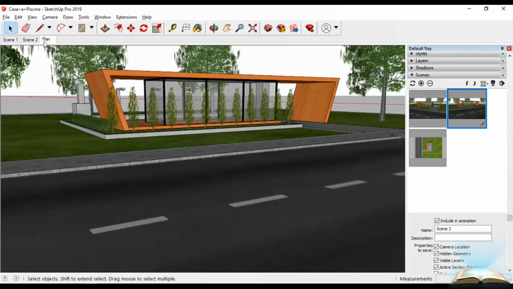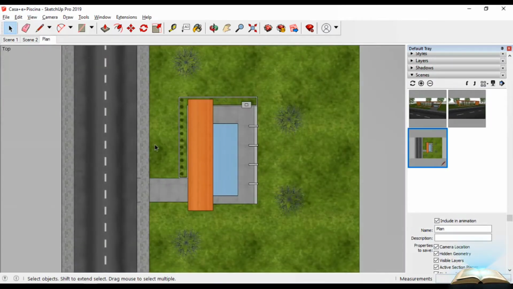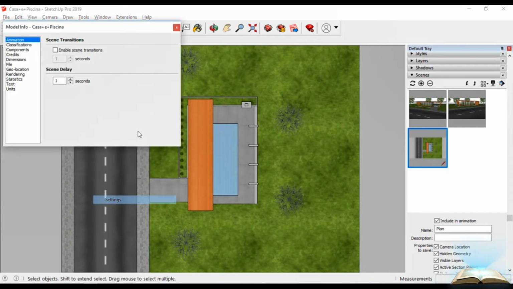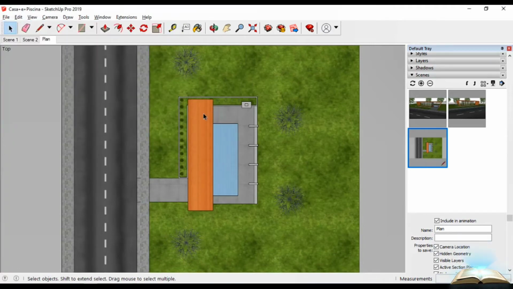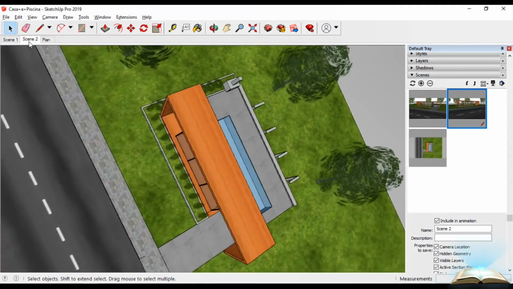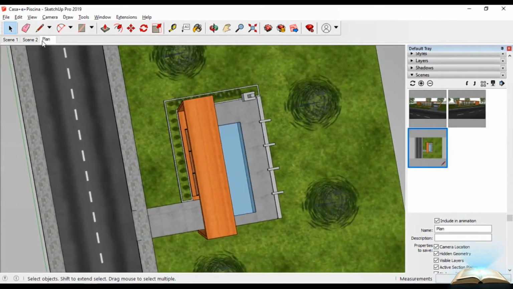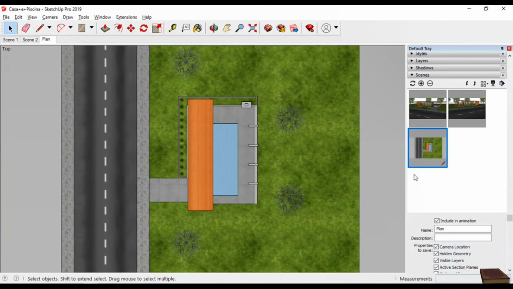Once I switch between scenes, it is present here. And if I enable the scene transitions here, when I switch between scenes, look how the plan converts into the particular perspective that we already have the scene of.